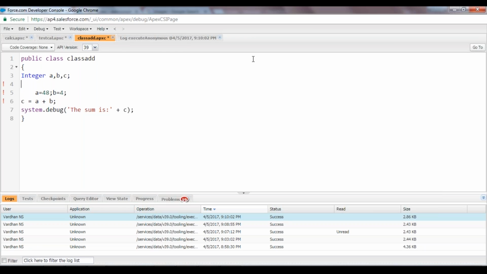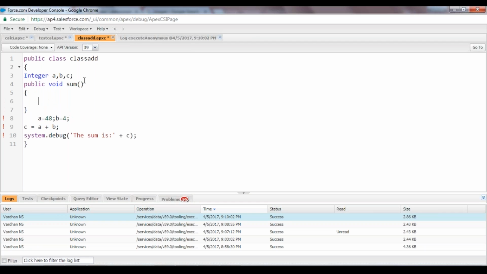Inside my new method, I will define these variables A, B, and I'll define the logic for C and even the printing statement. I'll put this under a new method. So to define a new method, I need to give public void sum. Similar to Java, that's the syntax to create a new method, and inside these brackets I can have this code. All right, so when I'm done with this,